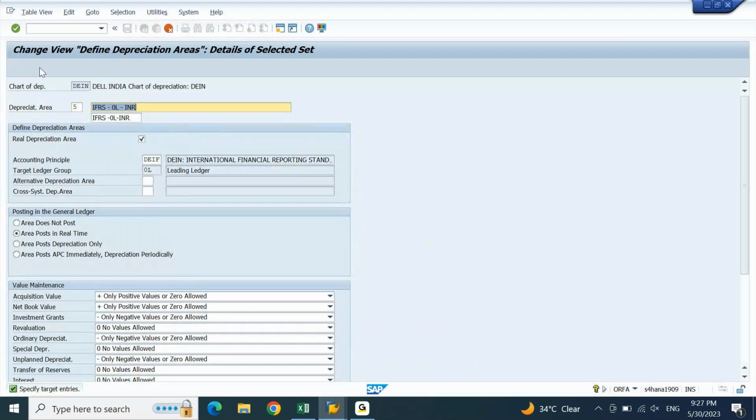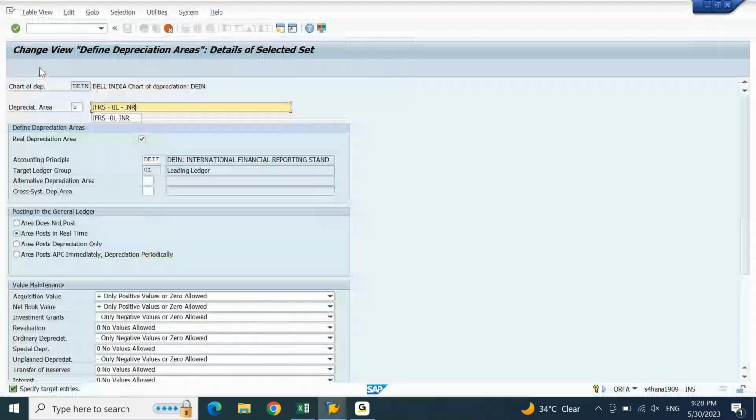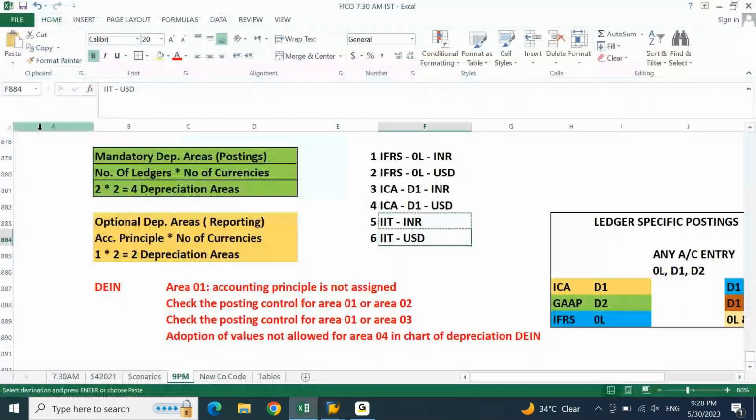Description for this is IIT. No accounting principle. Copy this, put this and enter. Make this to 6 and this description will be IIT dollar.